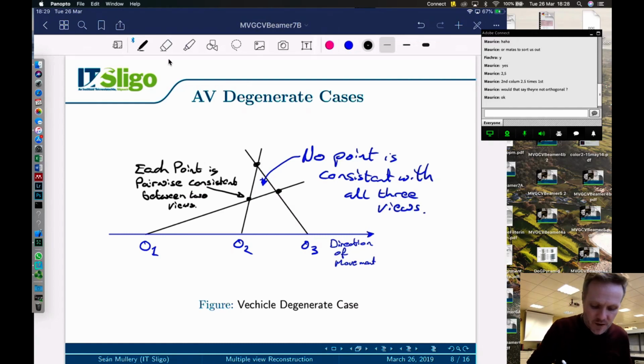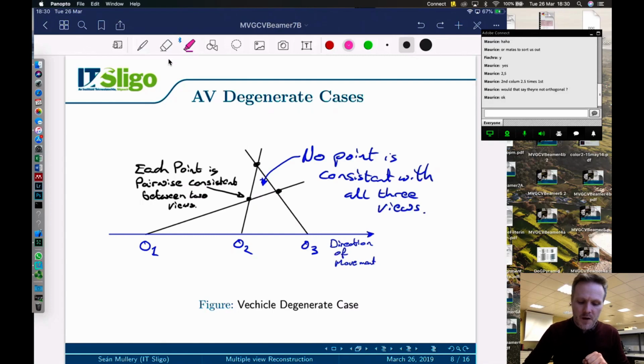What we have here is the origin in the first frame, the origin in the second frame and the origin in the third frame. And what you can see is that we're traveling along where each of the origins are on one line, which would happen if you had something like a front-mounted camera on a car. It probably wouldn't even need to be front-mounted; they would still all be on the one line. But if you have a front-mounted camera, it's easier to think of this one. So if you have a front-mounted camera on a car and it's traveling in a straight line,